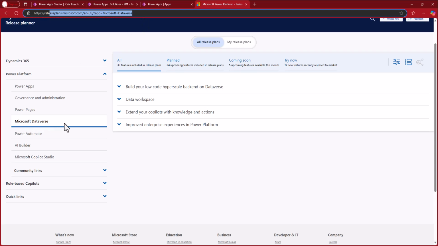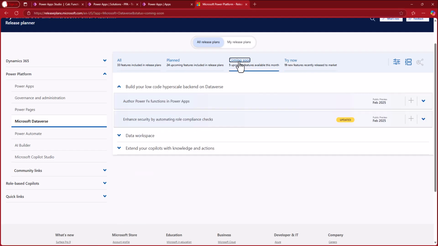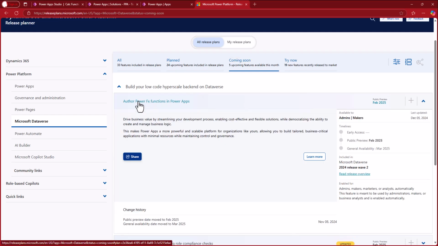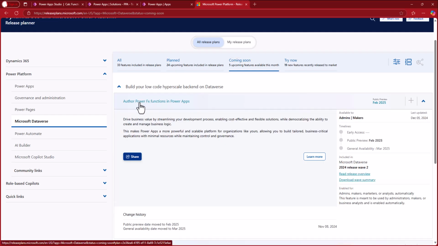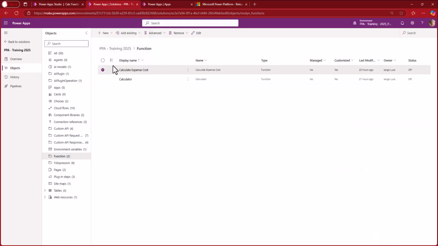Go to the release planner, go to the Microsoft Dataverse panel, and then click Coming Soon. You'll find the author PowerFX function in Power Apps, which is released right now and should be available in production in March 25, so next month. But we can test it. So basically,